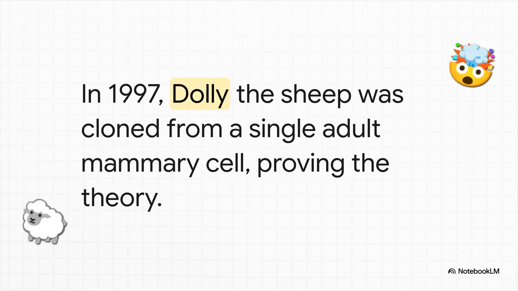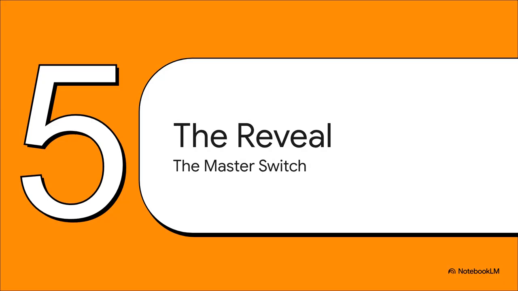The ultimate undeniable proof of genomic equivalence, and a huge clue to the answer, came from cloning. I'm talking, of course, about Dolly the sheep. When scientists created Dolly from a single specialized adult cell, they proved that even that one cell still had all the genetic information needed to build a whole new organism. No information gets lost. So if the information is all there, but the cells are different, something else has to be going on, right? It's time to reveal the solution to this puzzle, the master switch that controls what every